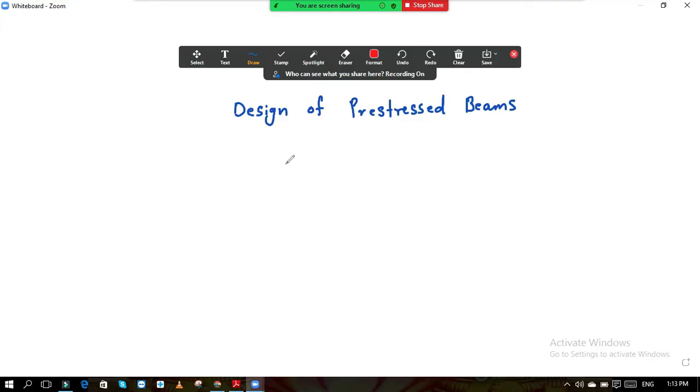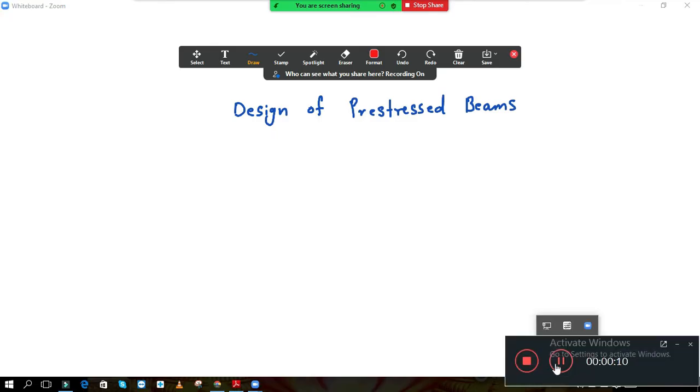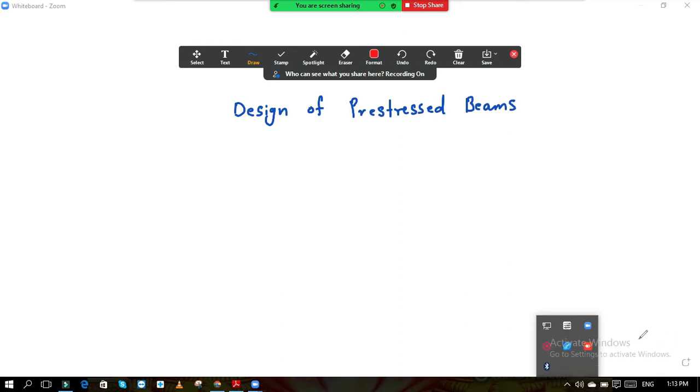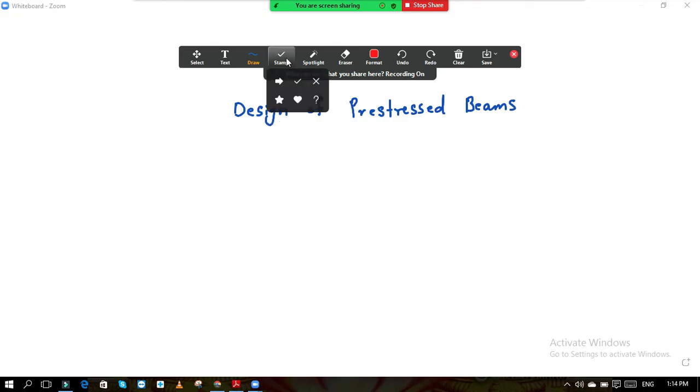Having a rectangular cross section, and second beam is I section. So these two types of beams, the design procedure of these two types of beams you are going to study. Okay. So design of prestressed beams. So in this we will study